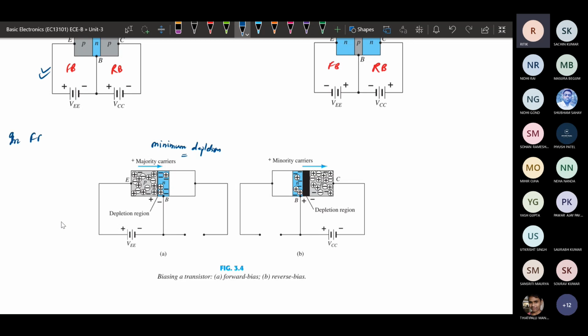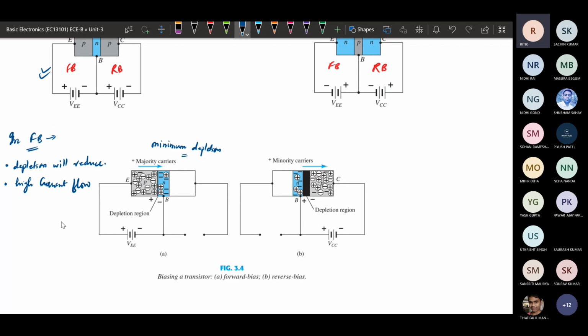And in forward bias, the depletion region will reduce. So once the depletion region reduces, high current will be flowing.